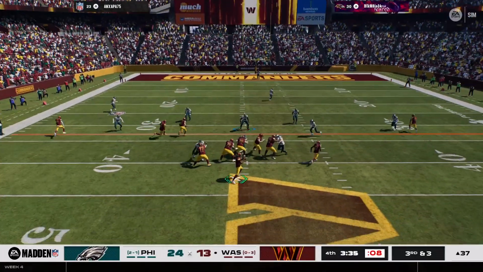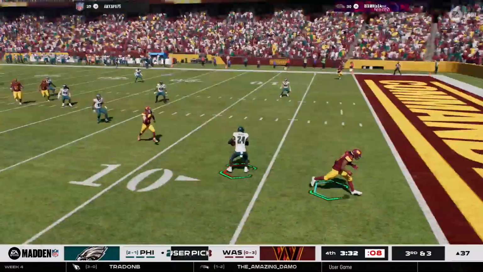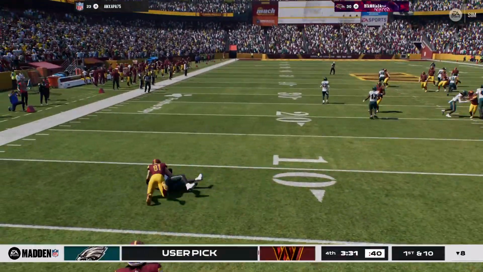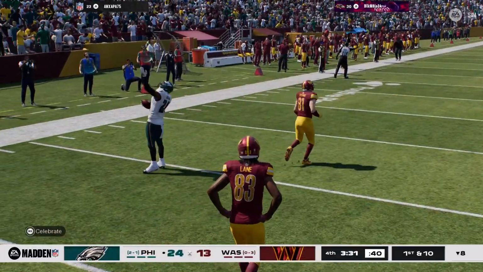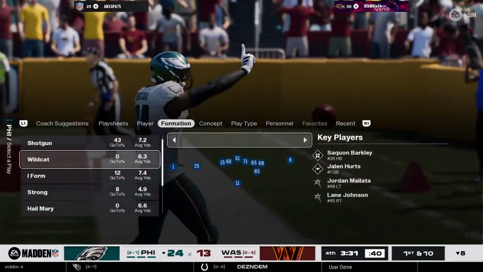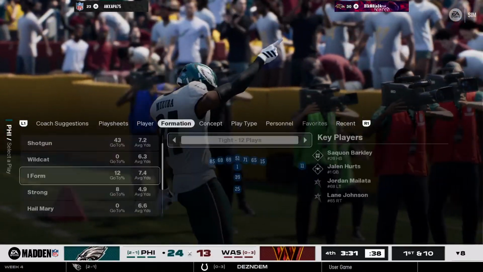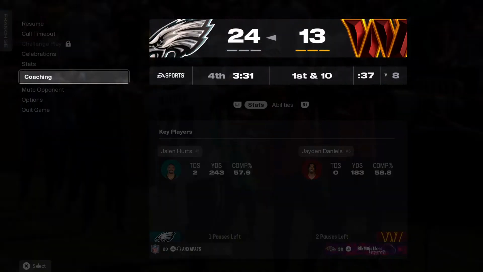From the shotgun, it's Daniels. Going up top. They're going to take over at their own 8-yard line. Really nice play here by the strong safety, and what's unique about this